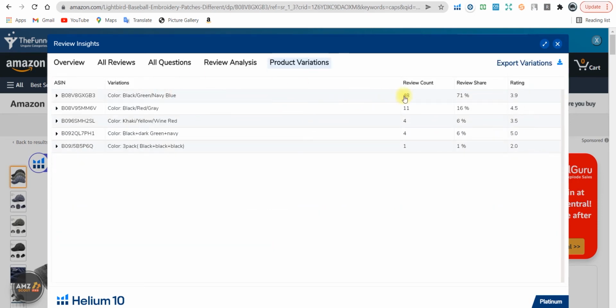So here we clicked on product variations and you can see what Helium 10 is showing us: the specific SN is written here, and the color is black, green, navy blue. This variation is selling the most because you can see the review count for this specific variation is 48. 71% of the review share is taken by this specific variation, right? And it has a 3.9 rating, so it's not really good. And then the second variation which is selling the most,